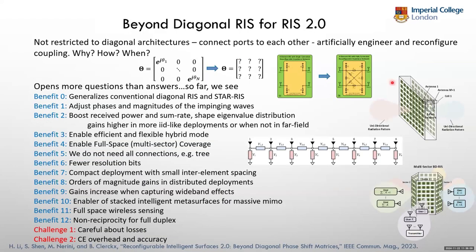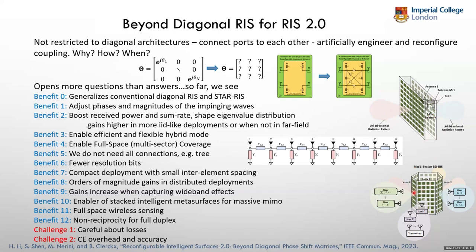So just to conclude, what we tried to look at is to depart from these conventional architectures of having a diagonal RIS and no interconnections. We want matrices where you exploit off-diagonal elements, which enables interconnections and therefore a wave that flows through the entire surface. The benefit so far is to generalize conventional diagonal RIS and STAR-RIS deployments, enabling you to adjust the phase and amplitude of the impinging wave. That gives you additional degrees of freedom for increasing the receive power and sum rate, shaping the eigenvalue distribution, and enables you to have